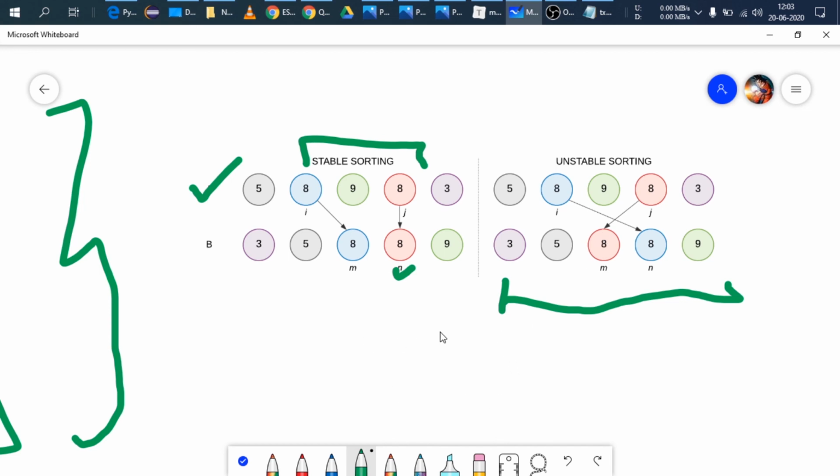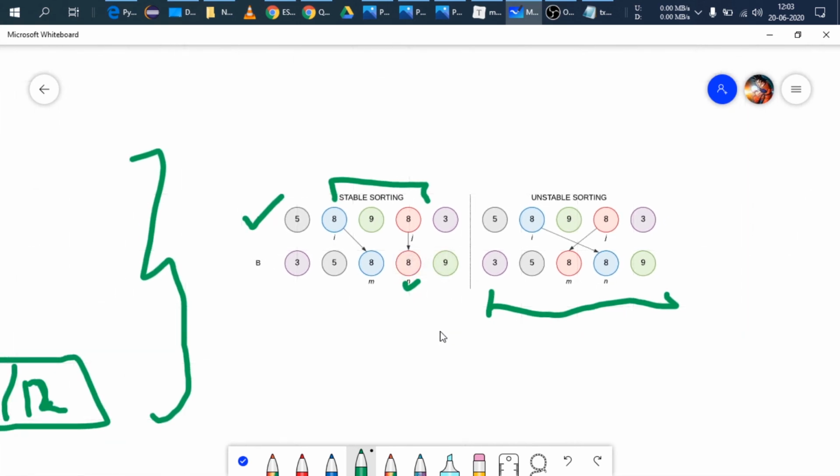Now we move on to the next pros and cons. Merge sort requires more space, as we all know, of order of n. So hence it is not desirable to use merge sort on large unsorted arrays, because the more the size of the array is, the more space merge sort will require. So in those cases, we can use quicksort as a better alternative.